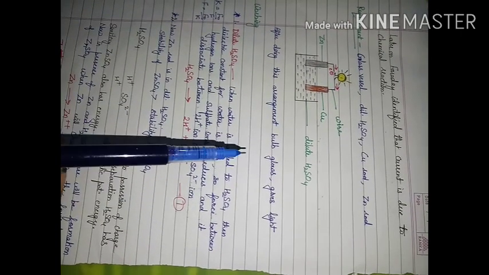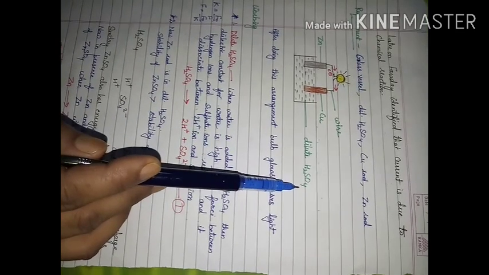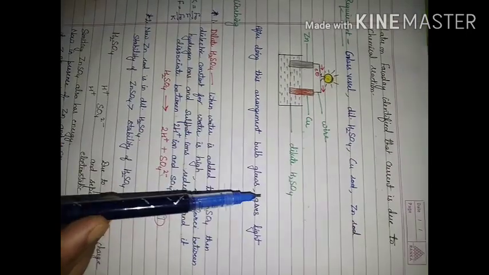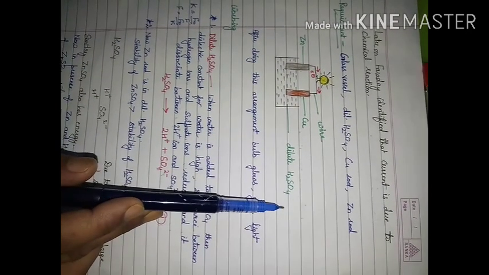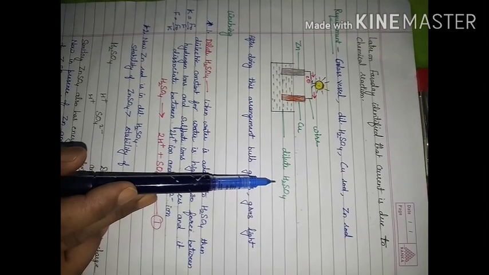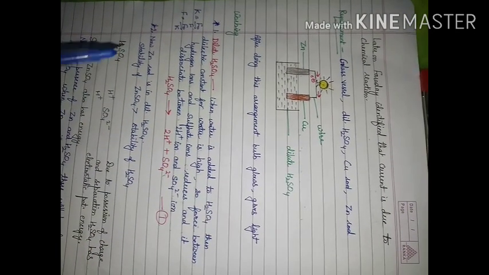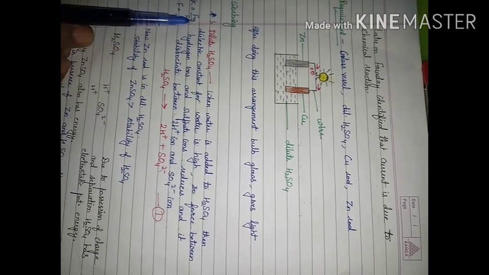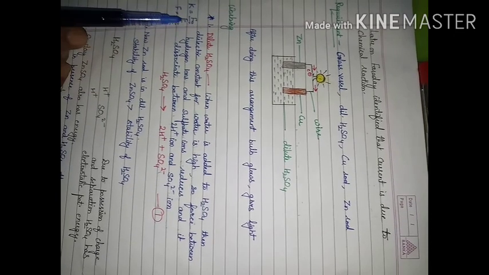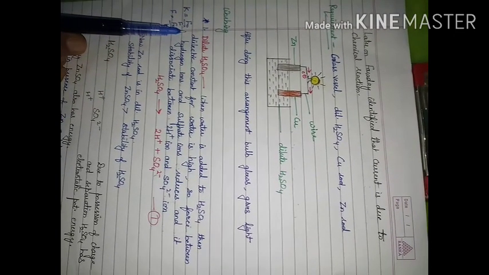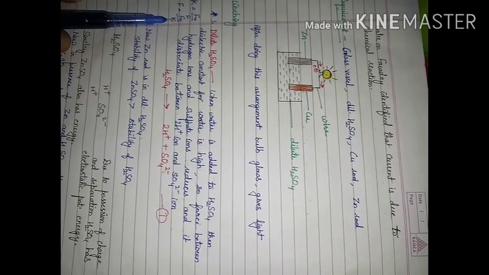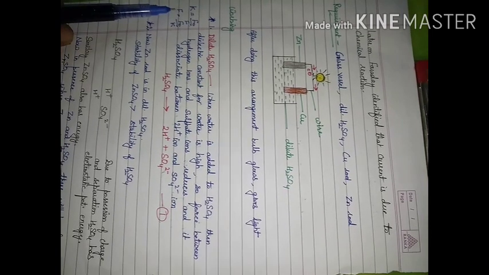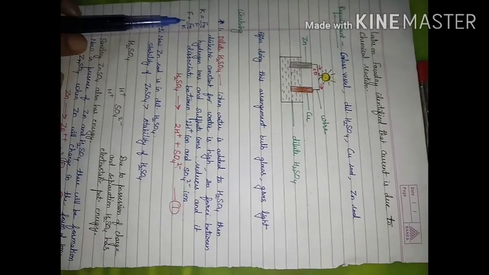For this, let us consider the function of dilute H2SO4 here. Dilute means you have added water. So what will happen on addition of water to H2SO4? In electrostatics, one term we have studied is known as the dielectric constant. It is given as the ratio of the force between two charges when they are kept in air or vacuum to the force when they are kept in a medium. The dielectric constant for water is near about 81. So when something is added in water, the force is going to decrease. F will become F naught upon K.